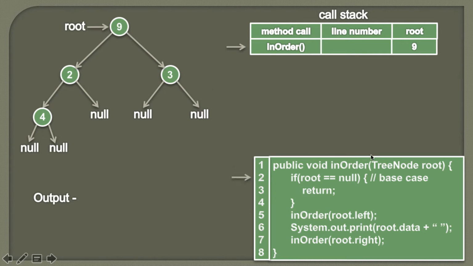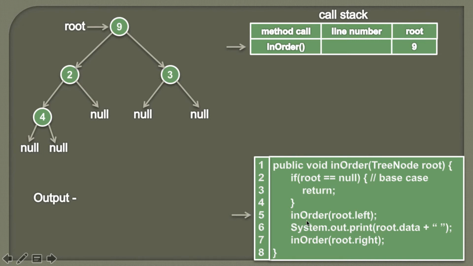We move ahead and we check whether root is equal to null or not. So friends, why are we providing this condition? This is the base case for our recursion, because in the in-order method we are again calling the in-order method recursively. In order to break this recursion we need to provide a base case, and if we don't provide this base case then this method will call itself recursively forever. So in order to stop this we are providing this base case. Currently you see root is pointing to the node 9, therefore it's not null, so the condition in the if block comes out to be false.